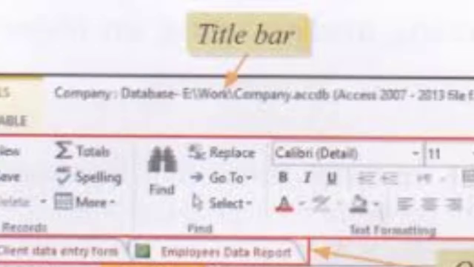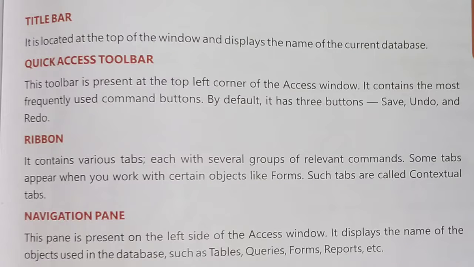So basically the title bar displays the title of the currently open document. Means if your document is not saved, then it will display untitled in the place of the title, and after saving, untitled gets converted into the given title.